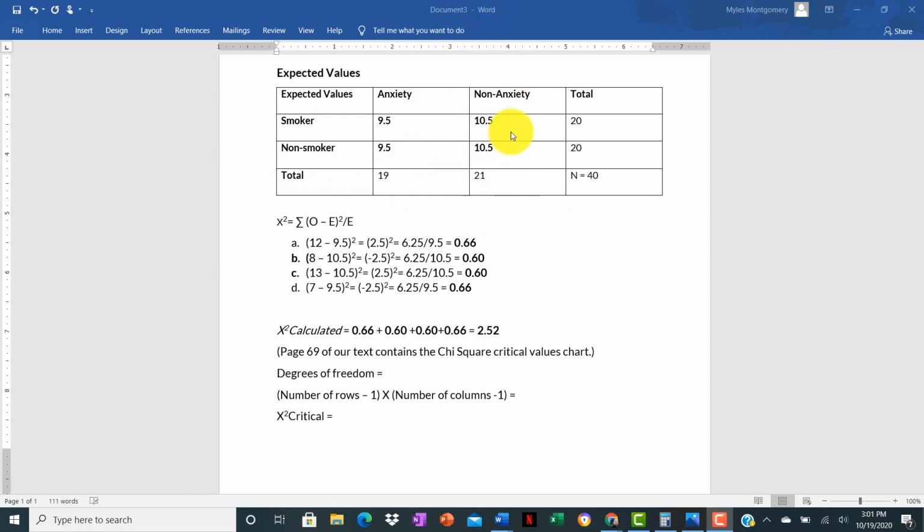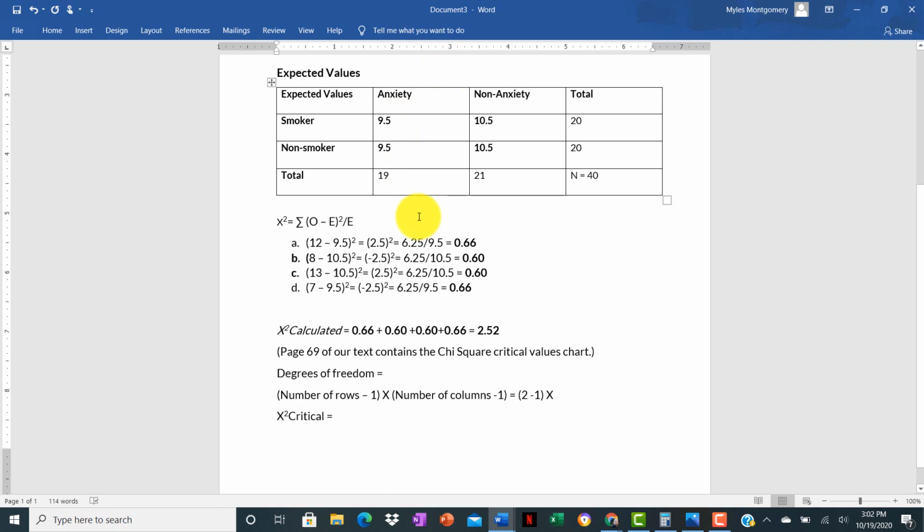Or these two columns, and these two rows. So what we're going to do here is simply ask ourselves, how many rows do we have here that meet those requirements? Well, we have this row with values and this row with values, but we're not including the totals. So we're going to say we have 2 rows minus 1, times the number of columns,